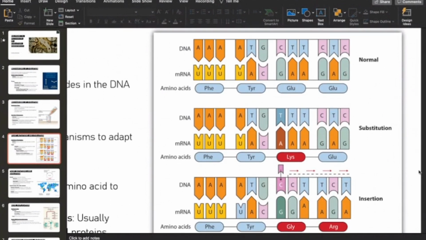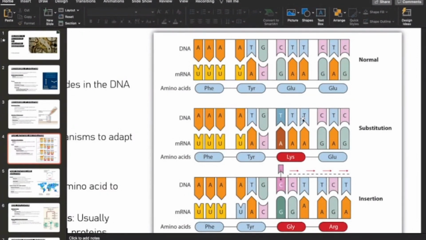Okay, cool. So this is our DNA sequence, of course, at the top, and then here is our mRNA sequence too, which corresponds to our DNA sequence, right? As we know, we need this mRNA, this template, in order to make the proteins eventually. We know that proteins are made out of amino acids. So here we have phenylalanine, tyrosine, glutamic acid, for example. So this is in a normal situation. We have normal DNA, a normal sequence of DNA nucleotides, and then we have a normal sequence of mRNA nucleotides